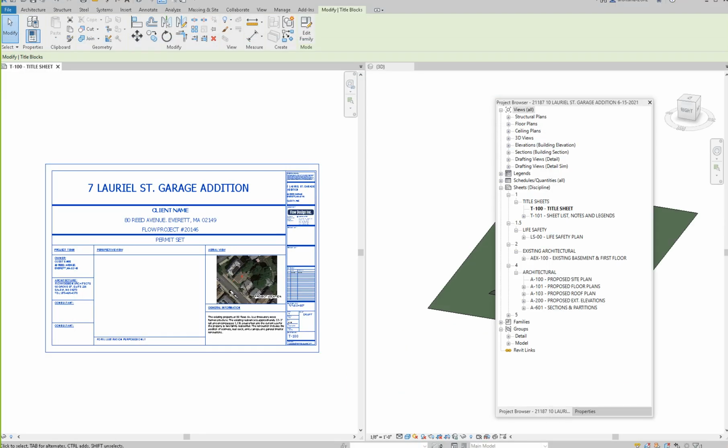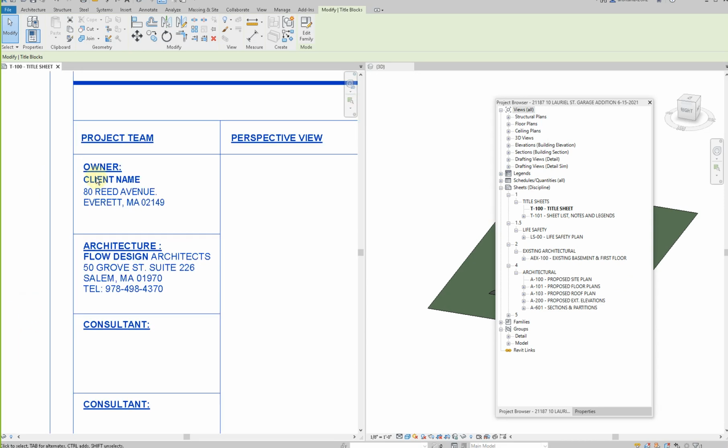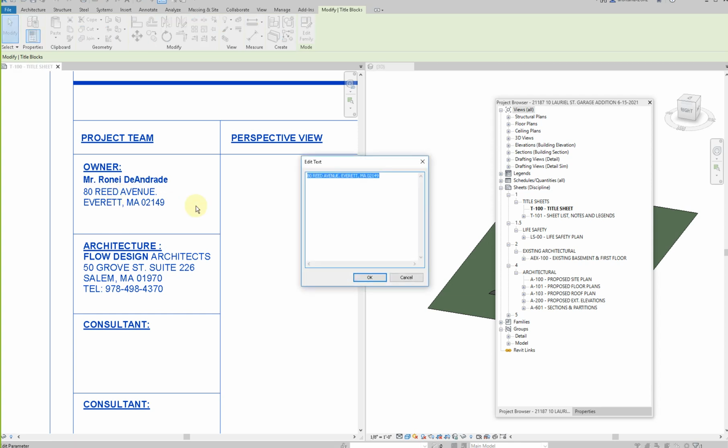So this is the proposal. And the client name, it's the contractor who is the client. So in that case, I'm just gonna call it the client right here, Mr. Rene de Andrade. And okay, I'm gonna put the project address in here, and it's going to be again 10